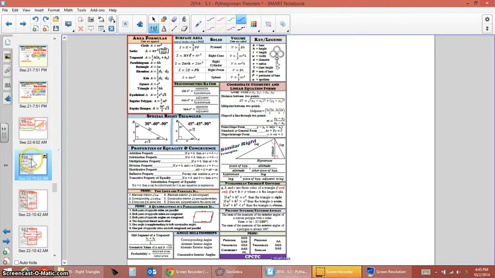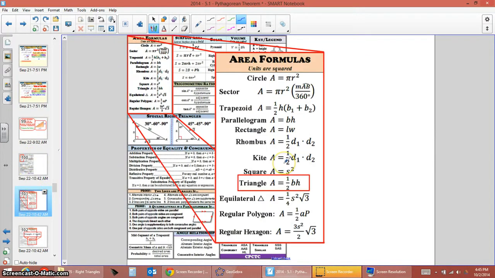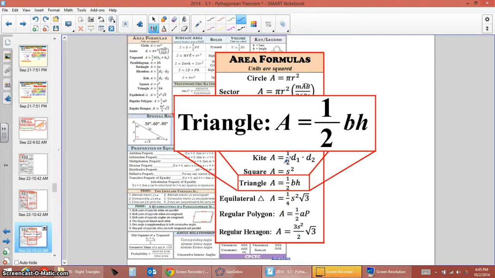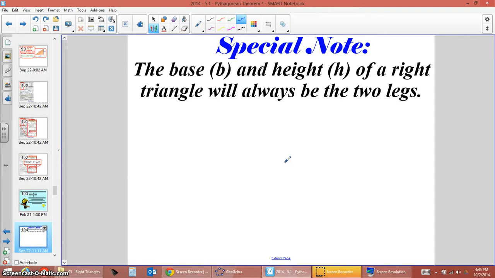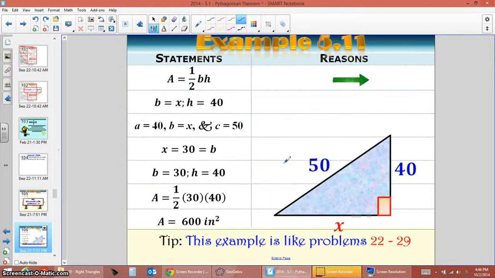So on your cheat sheet, we're going to have the area of a triangle formula. We're going to use the Pythagorean theorem to find missing pieces of triangles and then use those missing pieces to find the area of a triangle. So remember we got to find the base and the height. The height is the perpendicular distance. For a right triangle, it always works. The 2 legs are your base and your height. That doesn't always work. Always remember that we need to use the base and the height being the perpendicular distance. Notice these are 90-degree angles. That's because x is the base and 4